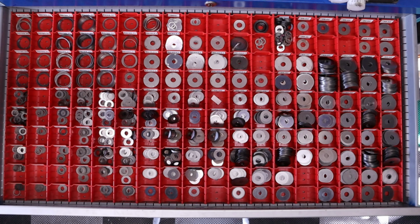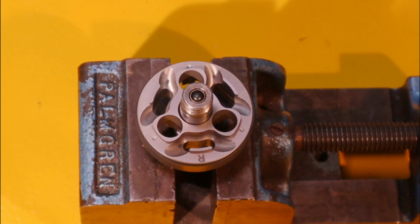Just in basic shims, I think there's 25 different diameters in 6 thicknesses. So what's that, 150? This particular shock has 5 diameters in 6 thicknesses. That's 30. So you're really limited in what you can do. I didn't include what they call their constant shim, which would be a clamping shim in Ohlins, because they only have one of them, one size, 3/4 of an inch in diameter and 20 thousandths thick,